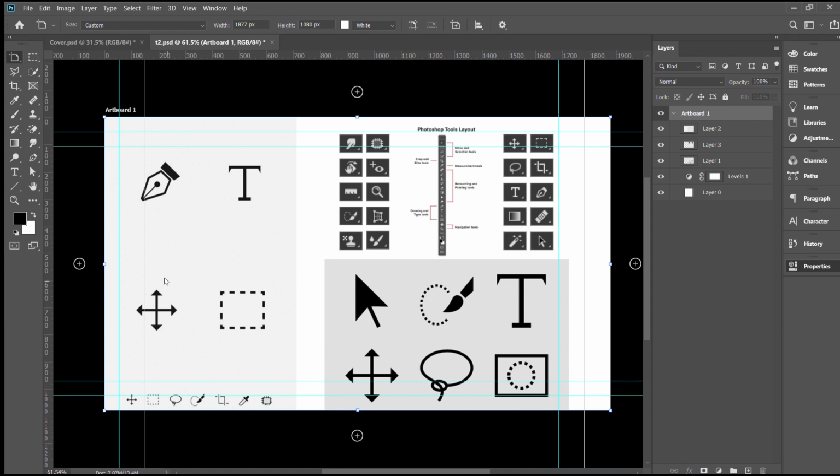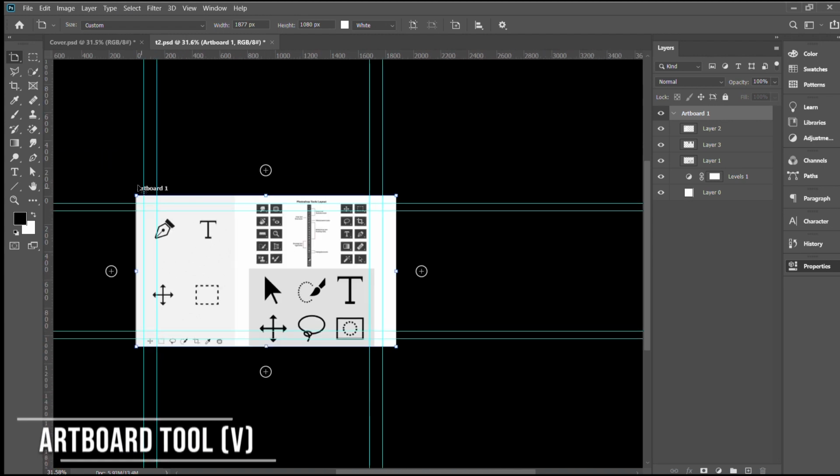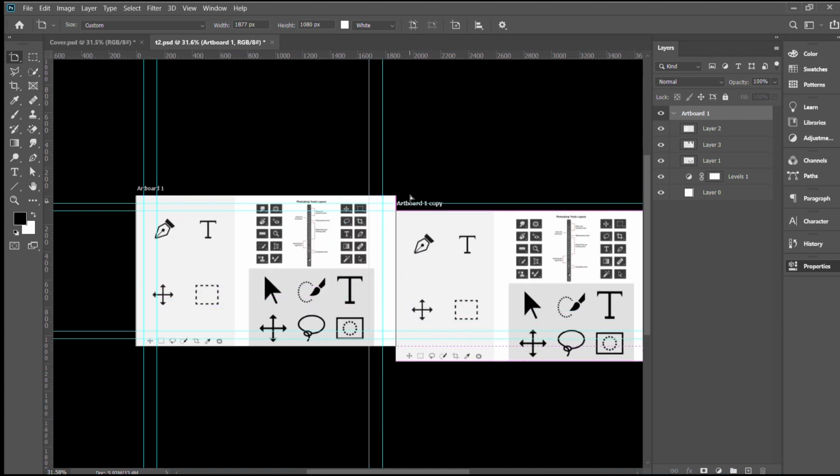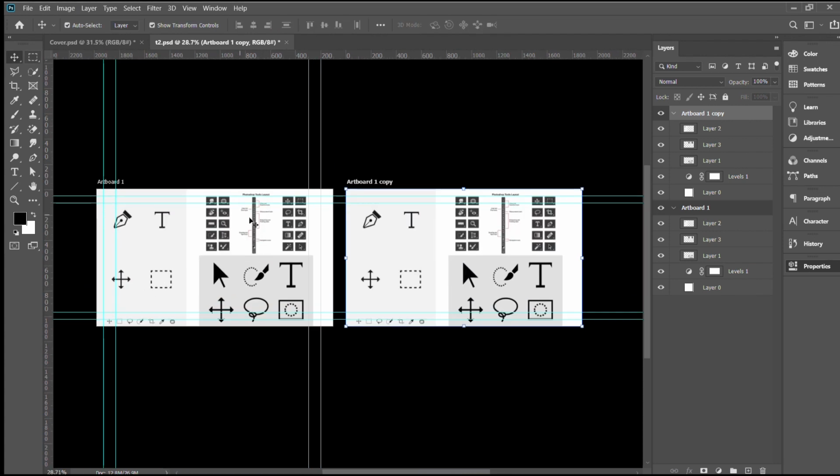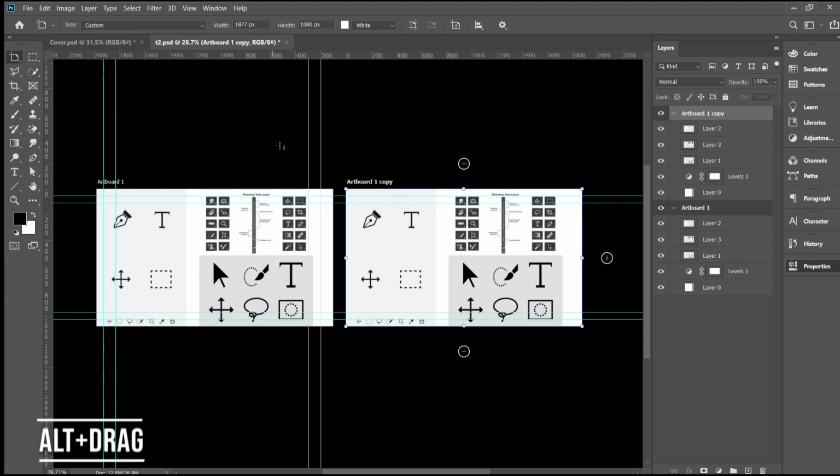Now the next tool, the Artboard tool. The Artboard tool in the Tools panel is grouped with the Move tool to create special group layers called artboards that define the canvas sub-areas and expand the canvas as they are moved. You can duplicate an artboard using the Alt key and dragging it. You can define the size using templates given in the options bar.